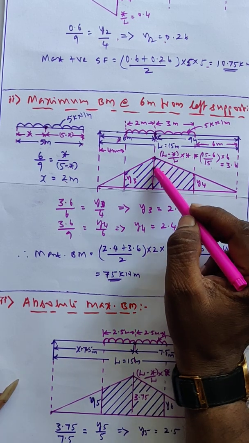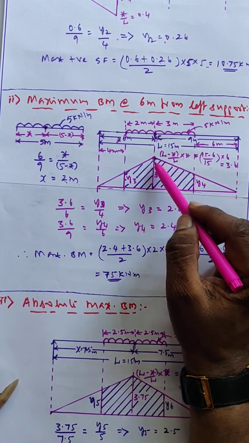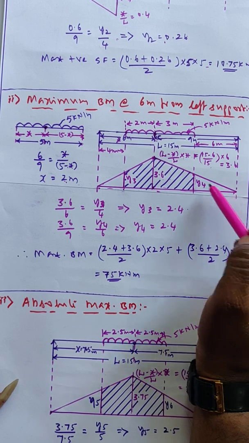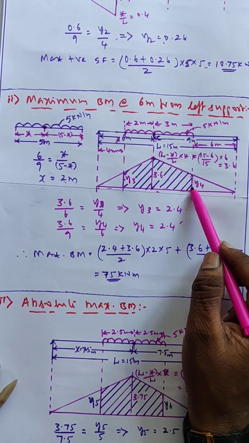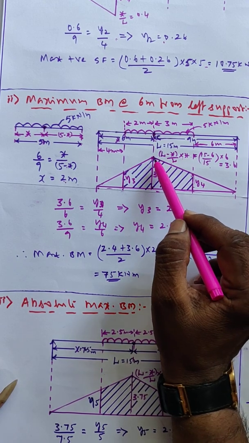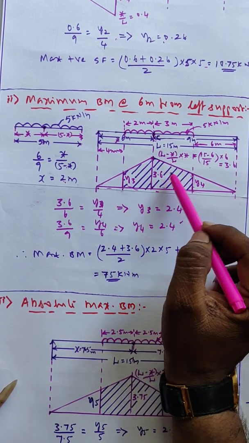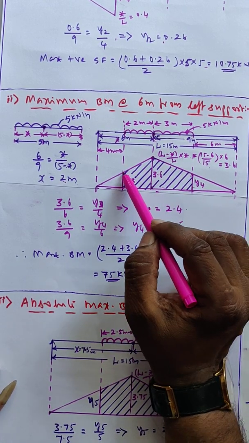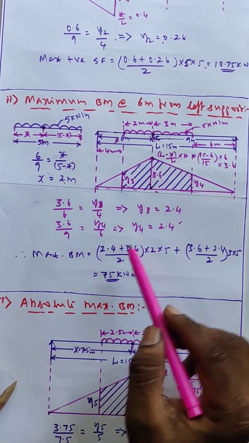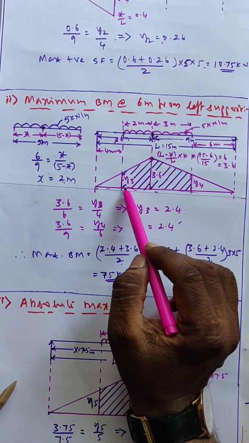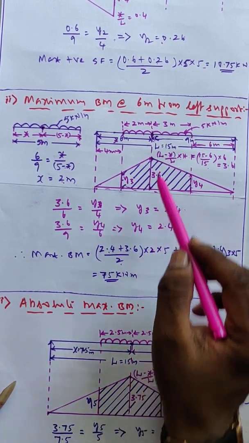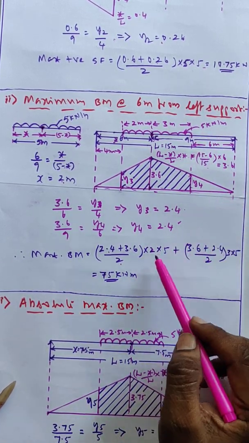Similarly y4, I have to consider this right triangle. 3.6 divided by this length 9 equal to y4 divided by 6. From this I got this also 2.4. Now for calculation of the load I am taking this area once plus this area. That means y3 plus 3.6 by 2, y3 is 2.4, plus 3.6 by 2 into 2 meter length, into intensity 5 kilonewton per meter,